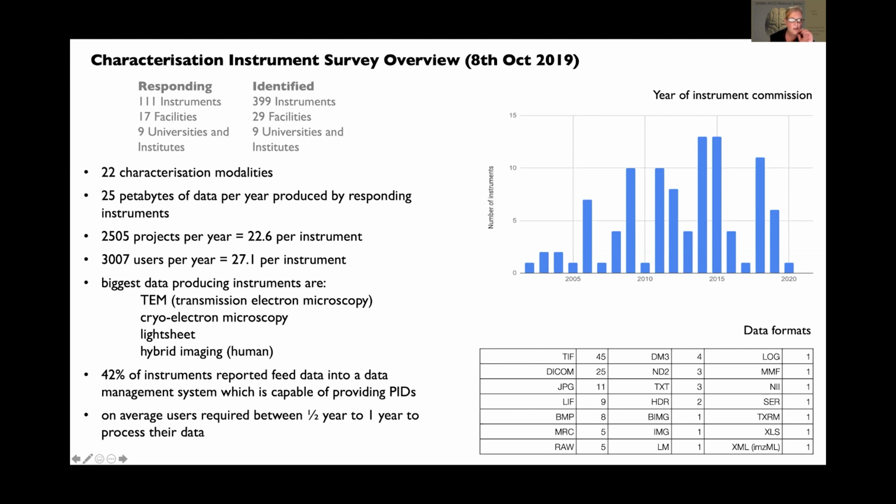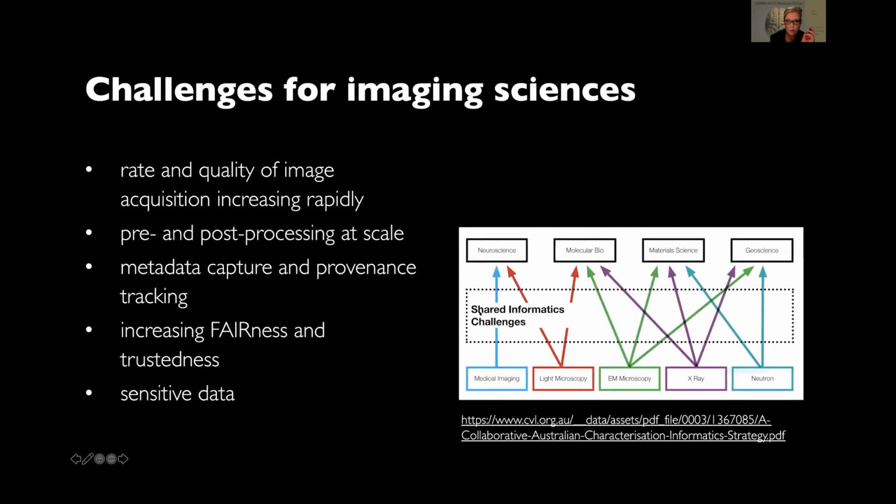These are the sorts of challenges that everyone in the imaging community is facing at the moment. It's not just brain imaging, but I'm sure that's what's of most interest to you today. Essentially, the challenges are quite universal for all imaging scientists, but they interact in different ways. But there are some definite common and shared challenges.